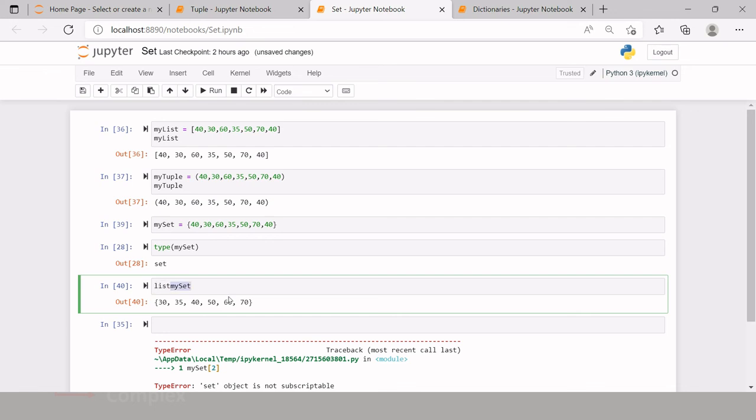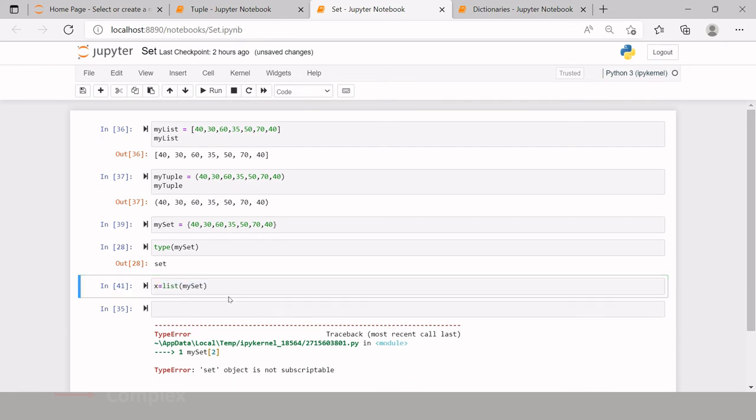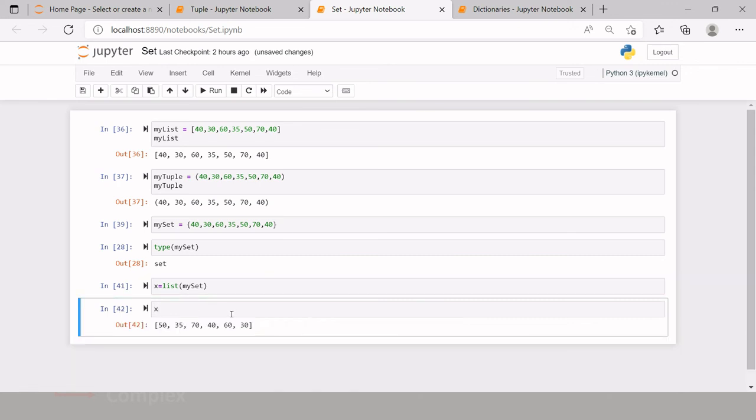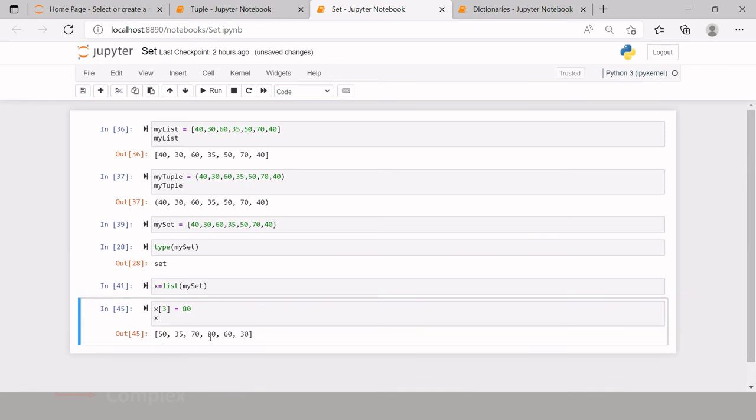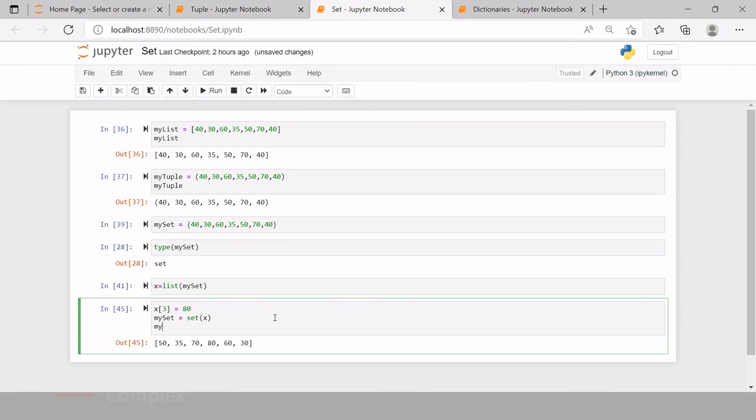So let's say list, and let's store it in X. Now try to print X. X is over here. Now if you want, you can change its value. For example, you want to access the third element, print the third element, which is 40. Now let's put the value 80 in place of that. Now if you print X, in the third position, 0 1 2 3, you have value 80. Now you can again store it in the set, but for that you're gonna change its data type, all right? And then you can just print